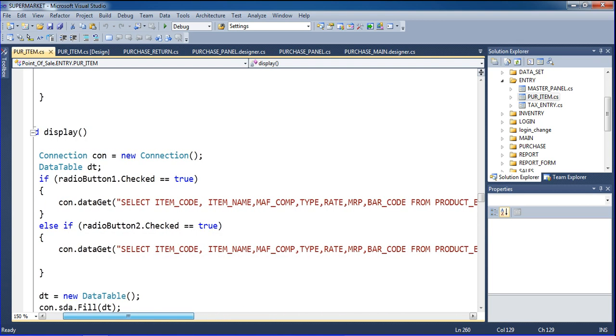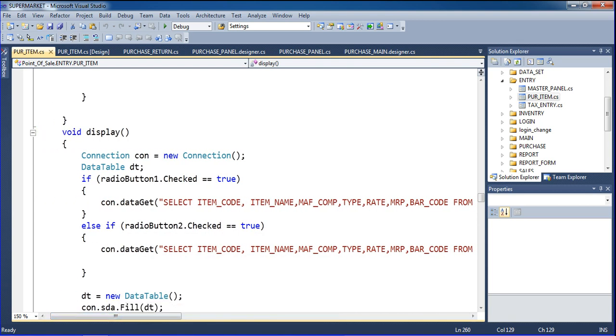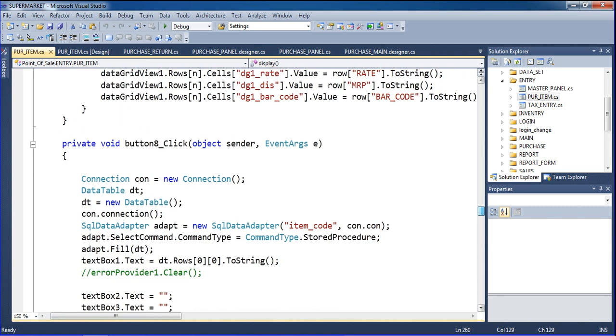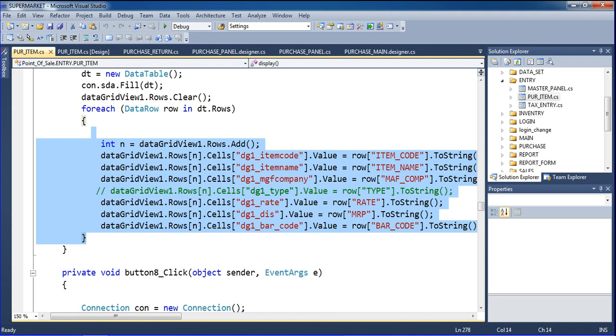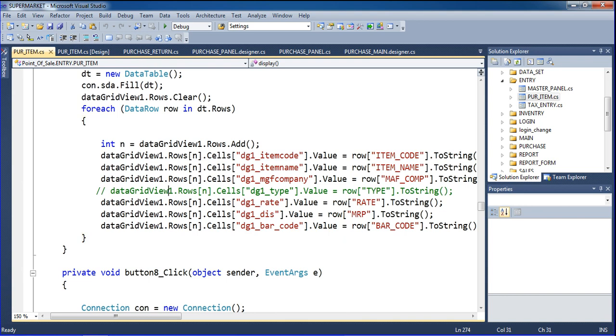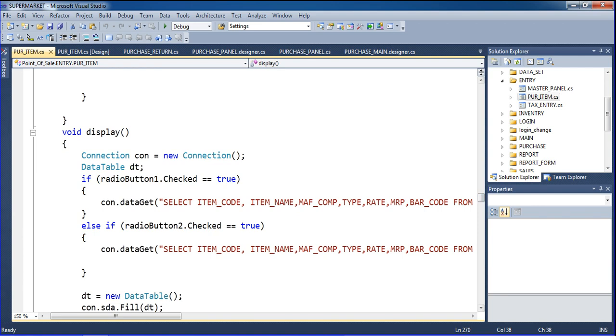Okay, so for that purpose, all records come from the data table to this data grid view. Okay, this data grid view, what I want to declare in this data grid, I declared here. Okay, what is this code? If you can't understand this code, see how to use it. I am here, and here also I tell you. See, all the records I get into the data grid. Okay, here I get the data table.